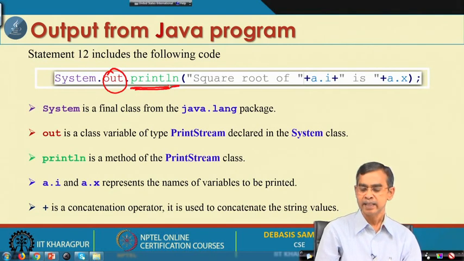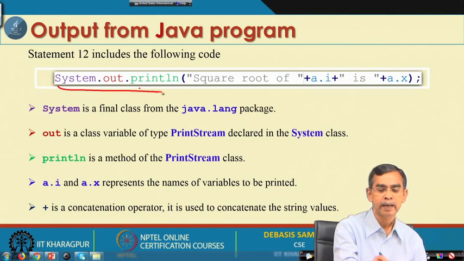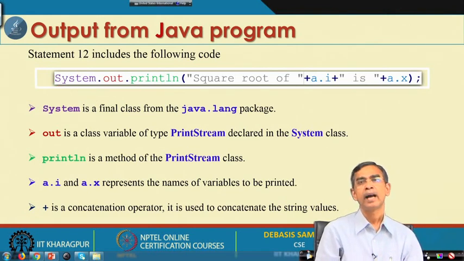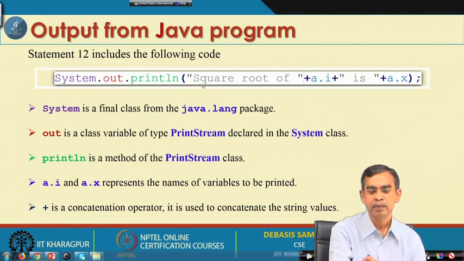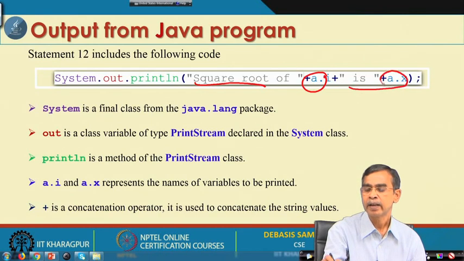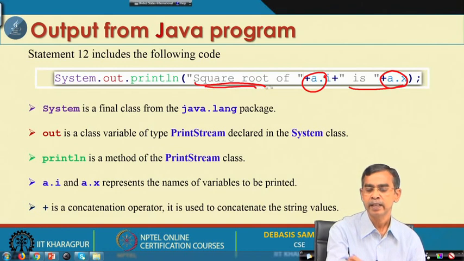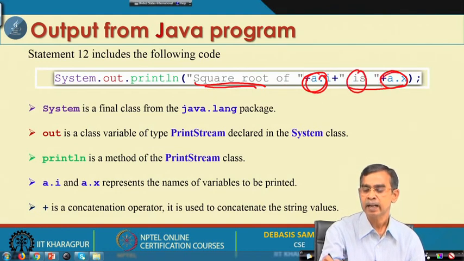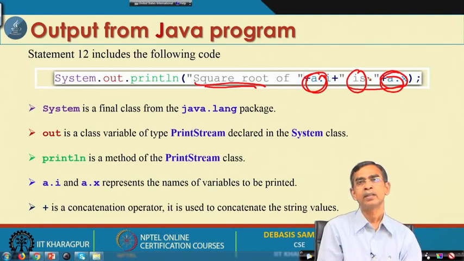The idea is that the println method which we used here is defined here, and the println method takes a variable number of arguments as input. Here the arguments are one string, one value, another string, and another value. So, 4 arguments are there, and the println method is customized to take any number of arguments: one argument, no argument, many arguments, whatever it is.